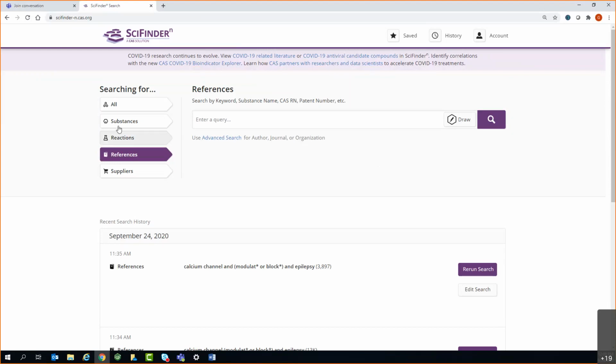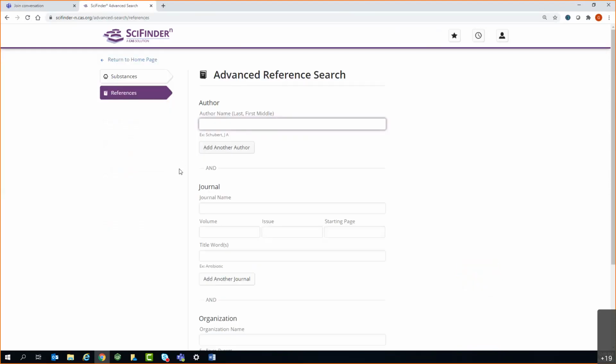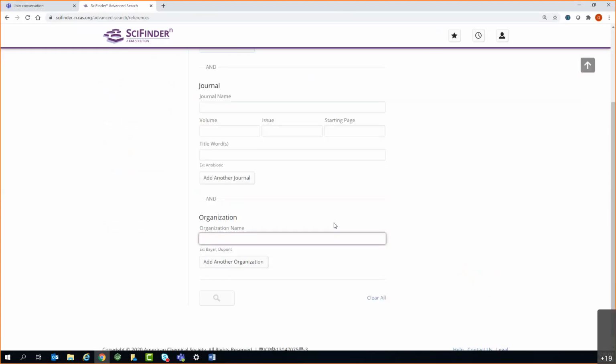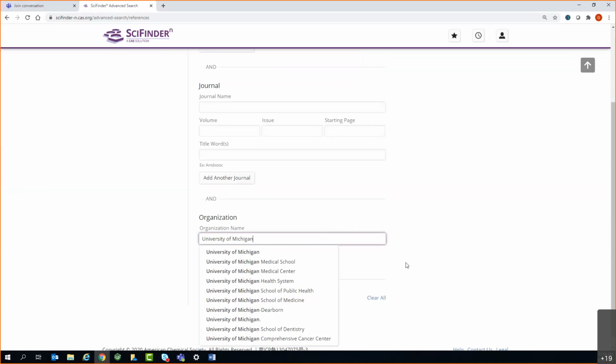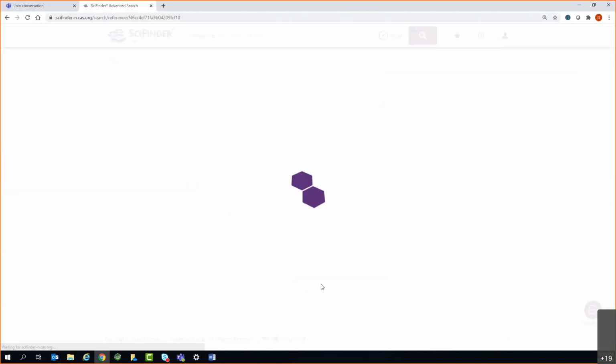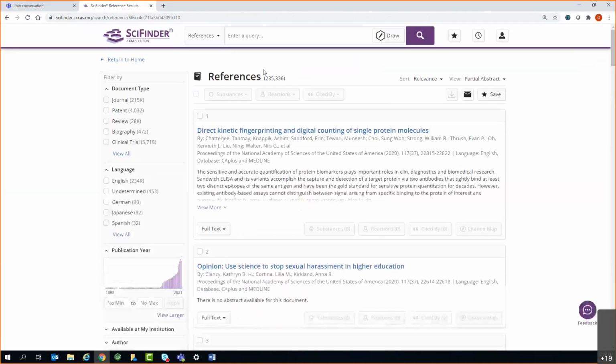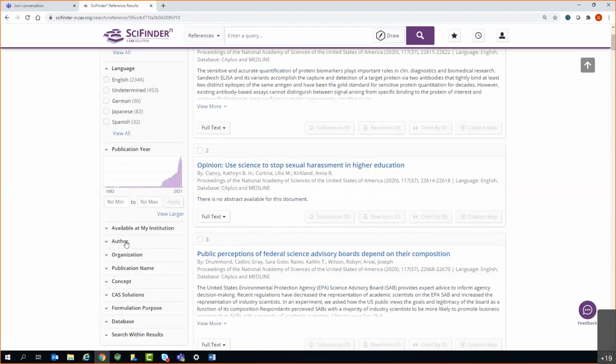So as a kind of start, I want to look up some work of a specific author, and there is the ability to do an advanced search here under references. So if I click on that, let's say I know where this person resides. So I can pull those back, and that brings me back all the publications by that University of Michigan. I can now go down to the author section,